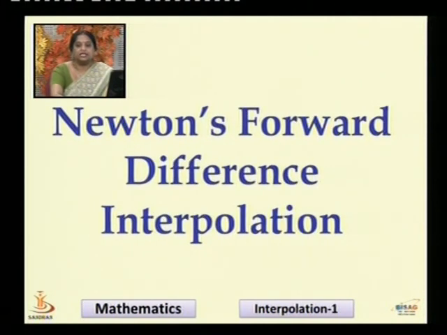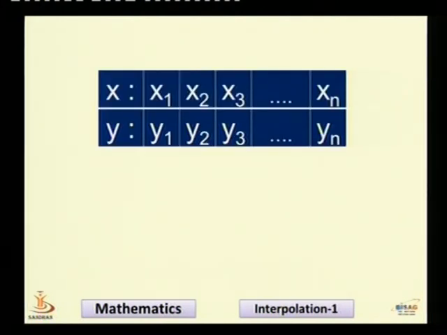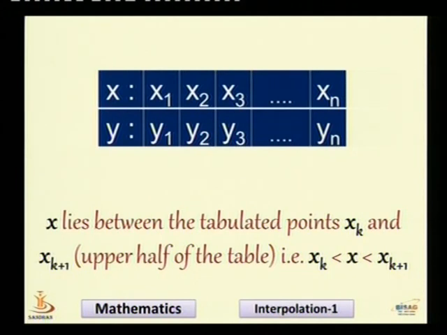Newton's forward difference interpolation method. Now, what is Newton's forward difference interpolation method? As we have already seen, if the point which is to be interpolated lies in the upper half of the table, then we use Newton's forward interpolation formula. That is, if I take any two tabulated points xk and xk plus 1 which lies in the upper half of the table, and x is any point which is to be interpolated lies between xk and xk plus 1, any 2 points in the upper half of the table, then Newton's